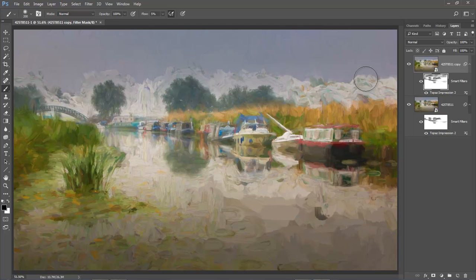Maybe around the edges of the trees. This is all purely personal, of course, but we have a picture there. Let's say we're happy with that because, as you probably recognize, we could go on forever here. So we could save this as a Photoshop file and keep that little layered setup up our sleeve, but let's